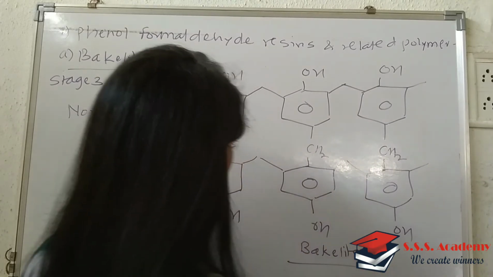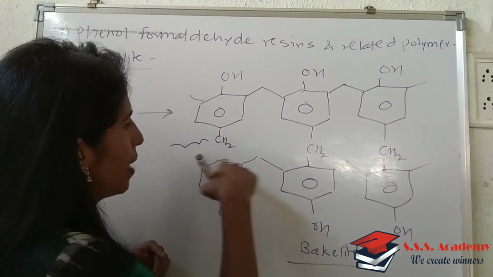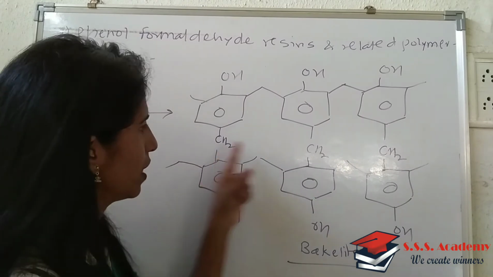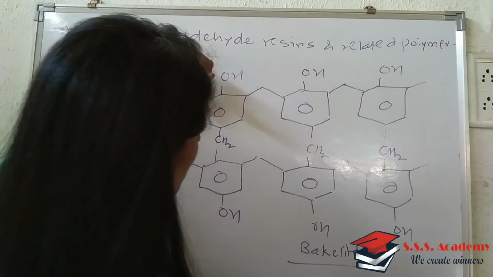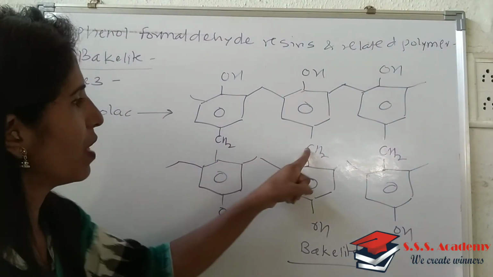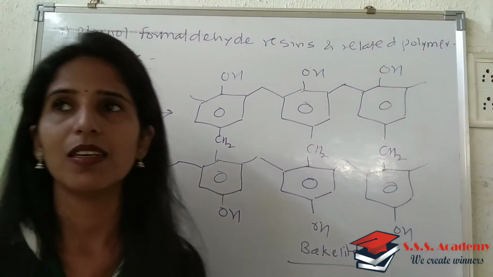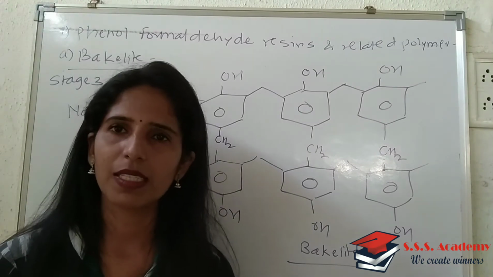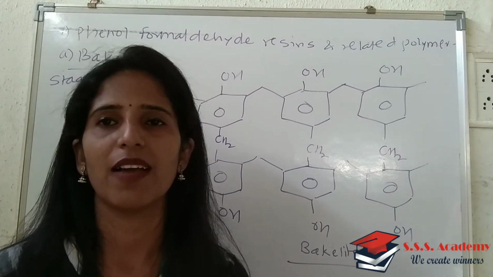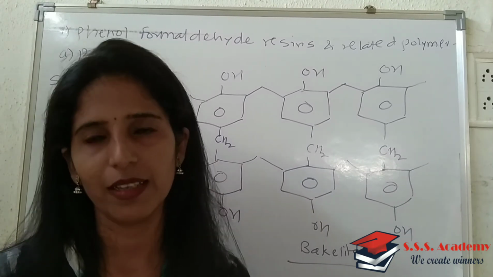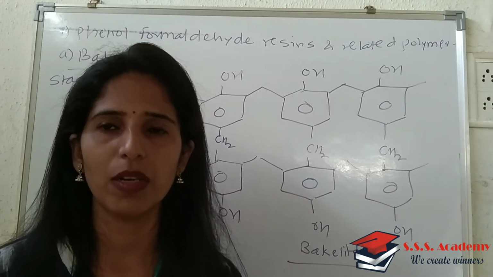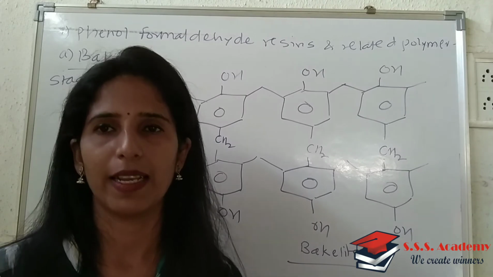The cross-linked polymer, see there is a cross-link present in between them. If you observe, this type of cross-link is present, CH2, CH2, CH2. So this is one Novolac unit, this is the second Novolac unit, and in between them there is cross-linking, and therefore bakelite is a cross-linked polymer. Is it clear? So now we have done with 6, polyesters, where we have seen Dacron or Terylene, and the 7th one we have seen is phenol formaldehyde resin and the related polymer. First we have seen bakelite.